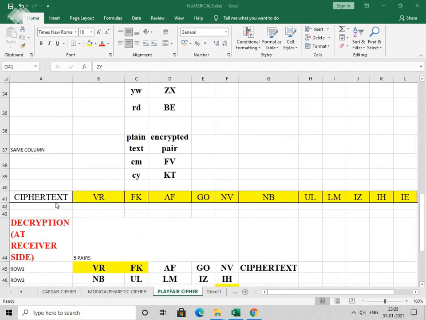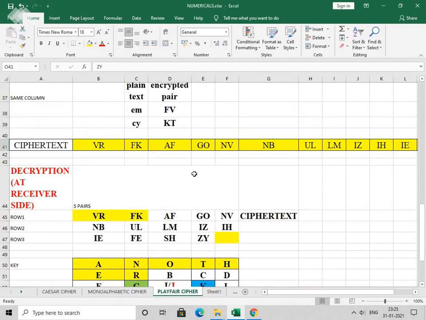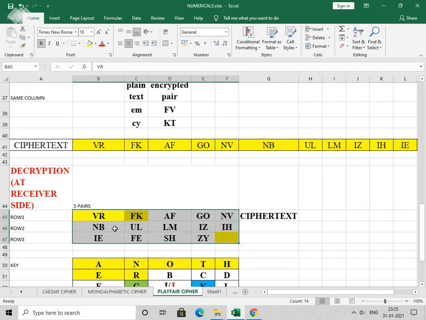So in the previous lecture, we have seen up to the third part, that is the encryption part. We got the encrypted cipher text for the plain text, which we had grouped into pairs, right? Now for the decryption at the receiver's side, we are again going to break the cipher text. This is our cipher text. So break the cipher text into pairs of letters, right? So again 5 pairs you are going to write on a single row.